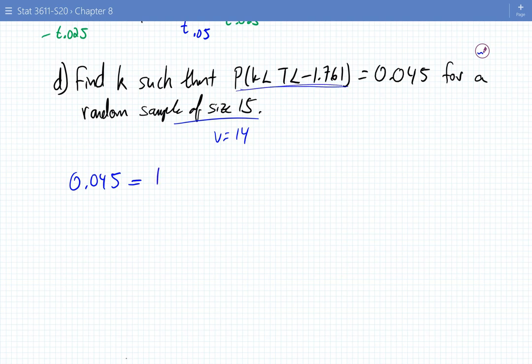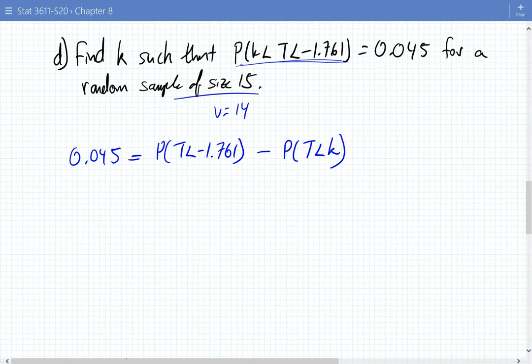Well, this is the probability that t is less than negative 1.761 minus the probability that t is less than k. All right. So then I'm going to have to ask, what is the probability that t is less than negative